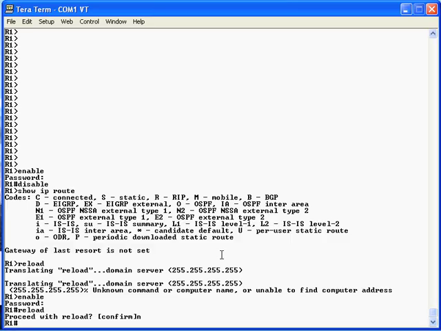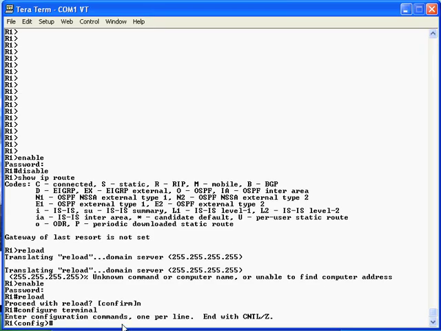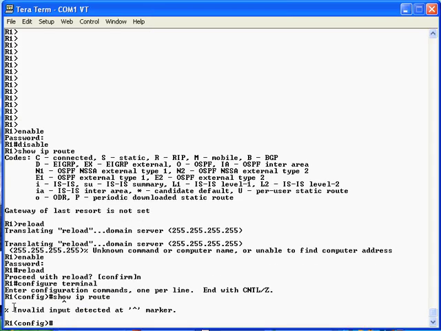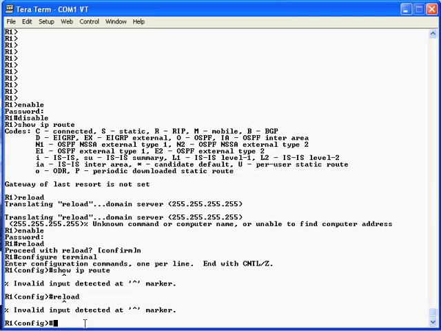Next, let's take a look at how to move to configuration mode. We're beginning here in enable mode, so by typing the configure terminal command as you see here, you move into configuration mode. Now notice the command prompt changed. The word config is in parentheses before the pound sign, and that's a reminder that you're in configuration mode. Now just as a proof, we'll try the show IP route command that you see there, and press enter, and it tells you it doesn't know what that command is. Also, if we try the reload command, it's also not recognized